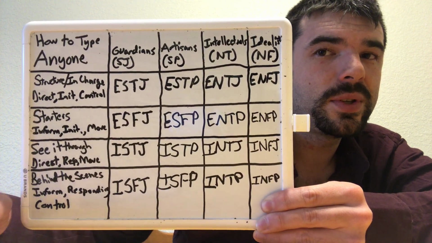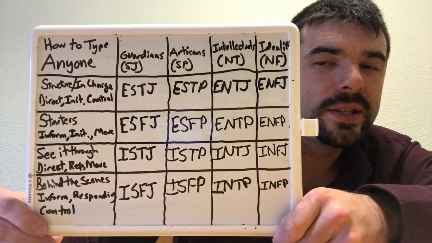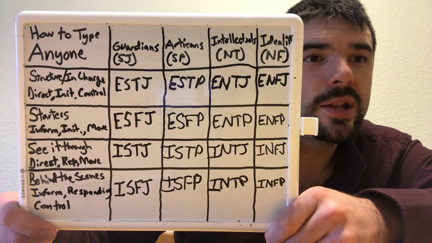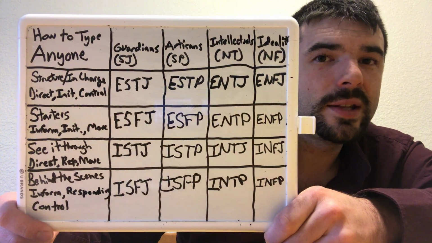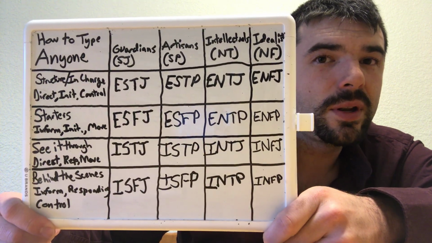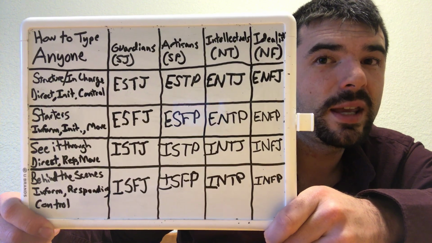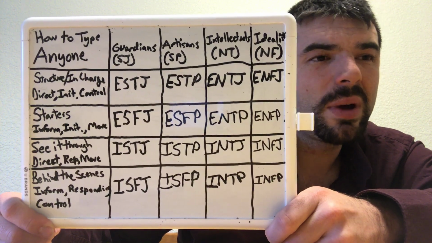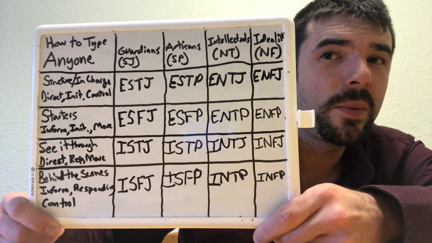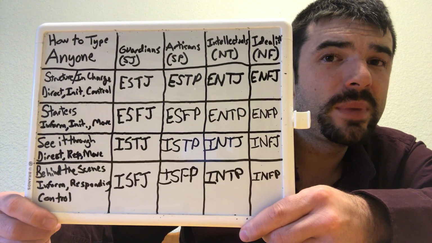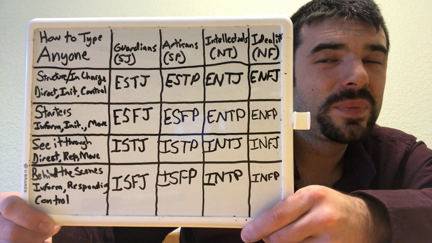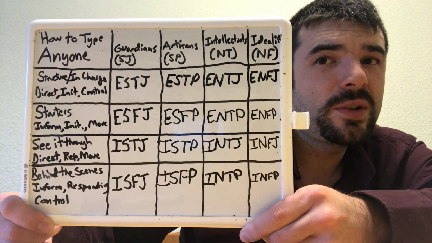So let's do some examples. Let's say you get hired at a new job, and you're talking to your boss, and you know he really likes to dress up, make himself look very nice, a really striking individual. But you notice that he just likes to do whatever he wants. He doesn't really do what he should do. So there's no way he can be a guardian, because he's not really focused on what he should do. He might be a freedom-based creator, so he might be an artisan.